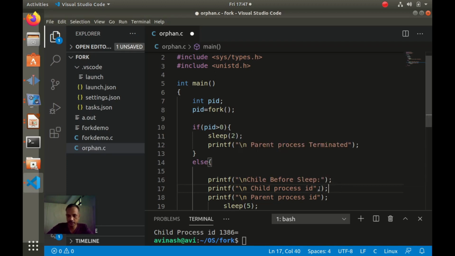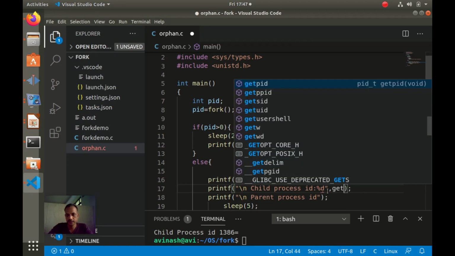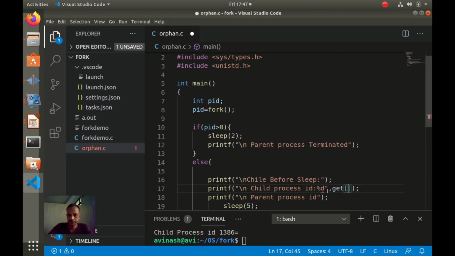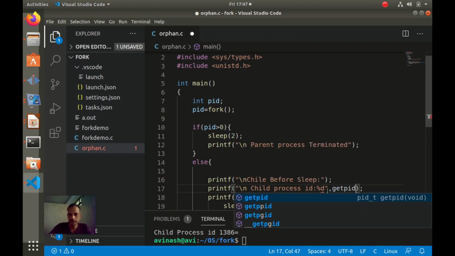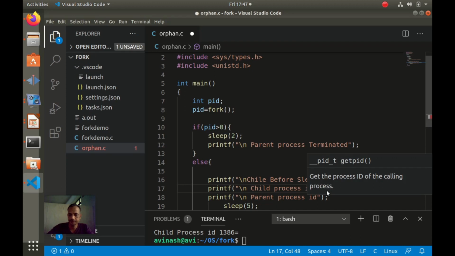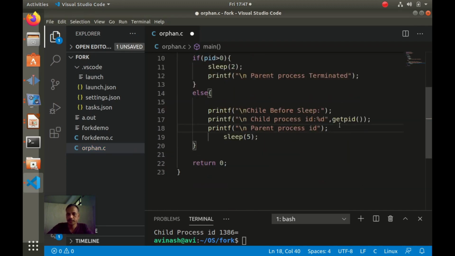So we will print this process ID of the child as say %d, and the function required to print the process ID of the currently running process is the getpid function. So this is getpid.